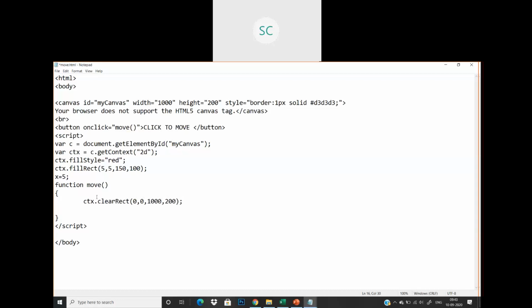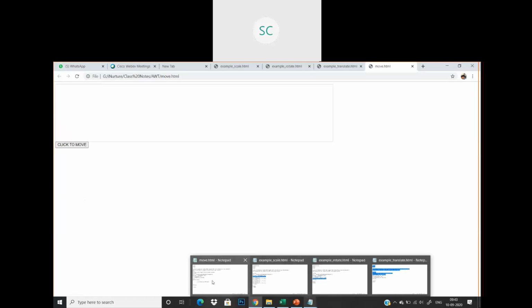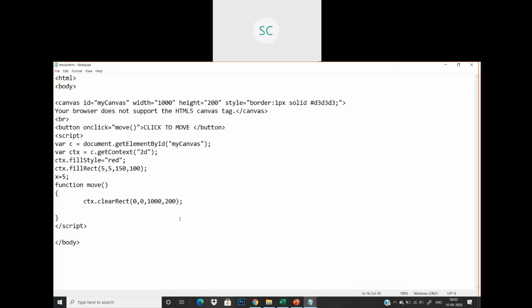First I'm just doing this. Is it working? Let me check. Yes. So when I click on the button, the rectangle is gone. Why is the rectangle gone? I'm using a function called clearRect to clear the rectangle. Once I've cleared the rectangle,